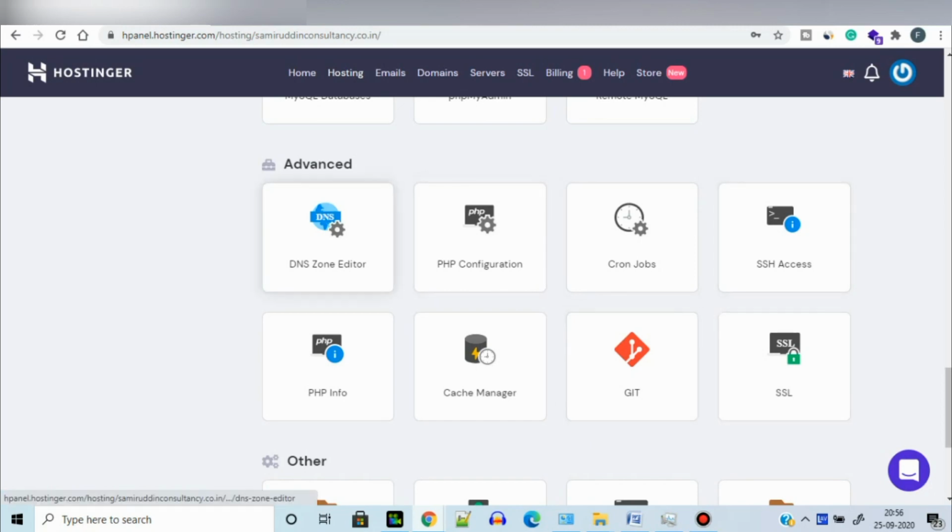In this section you can update your PHP version, and most important is SSL. In this section we install our SSL certificate. That is very important for any kind of web application for security purposes. So click on SSL.